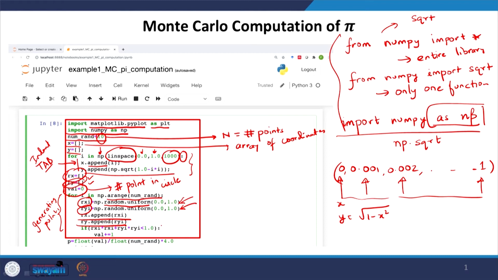This is the condition where I am checking whether the x square plus y square for the point is less than 1. So, x for a point is Rxi, y for a point is Ryi. If the sum of the squares is less than 1, then I am inside the circle and I increment the value by 1. That is what I am doing here.